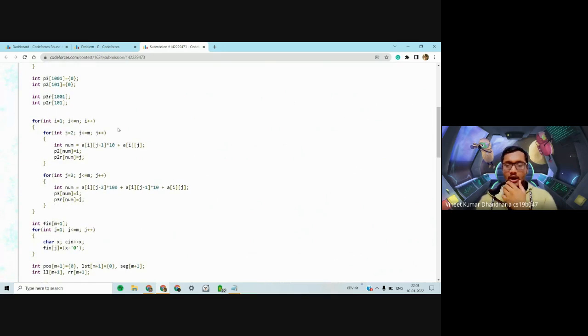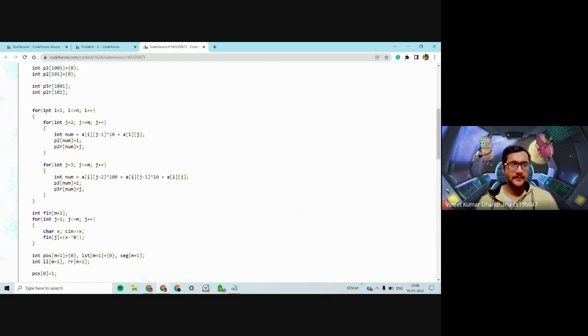So how will we store them? We go over the phone numbers, over the positions from 2 to m, and we find that particular 2-digit number: a i of j minus 1, the previous character, times 10, plus a i of j.